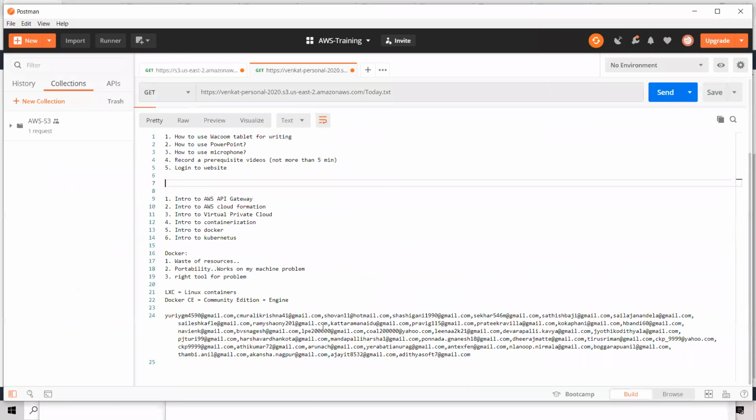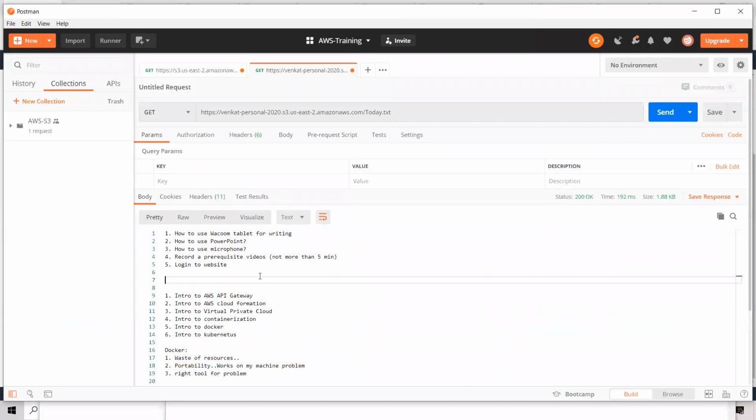These are some notes of mine that are in S3. So this is your bucket URL and the object key. This is my object URL.